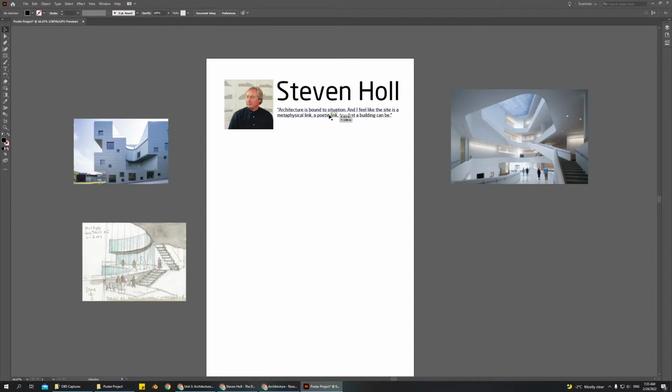So now I have his quote. It's at 17-point font, and it's also a Neo Sans. And that looks okay. When it's larger, it's nice and bold. When it's smaller, it's a little bit